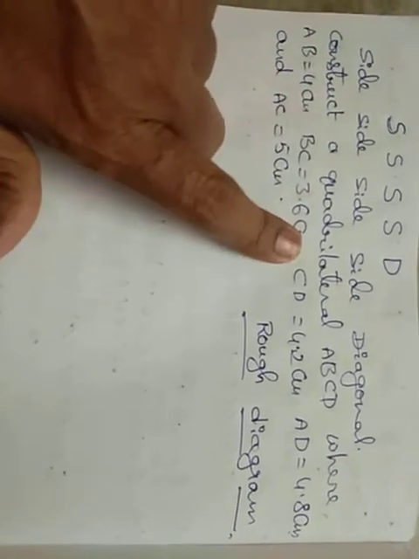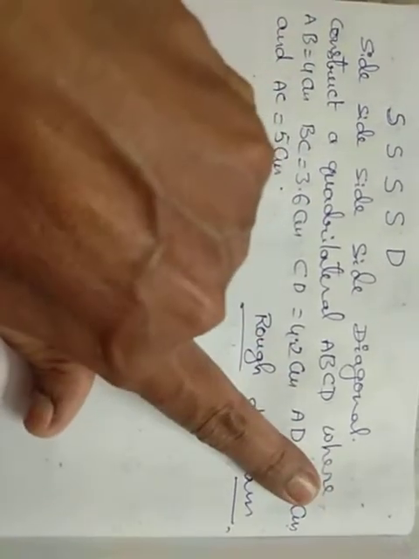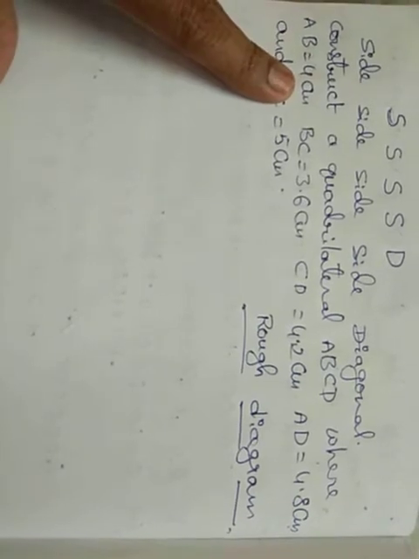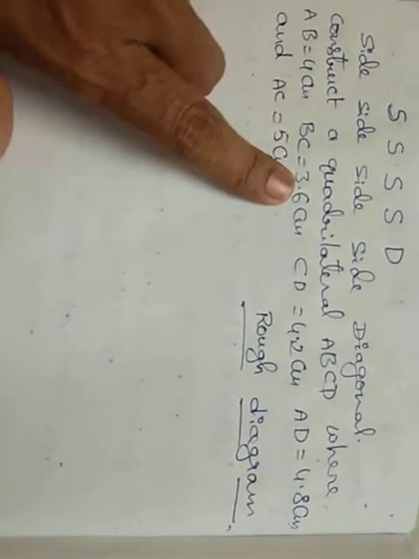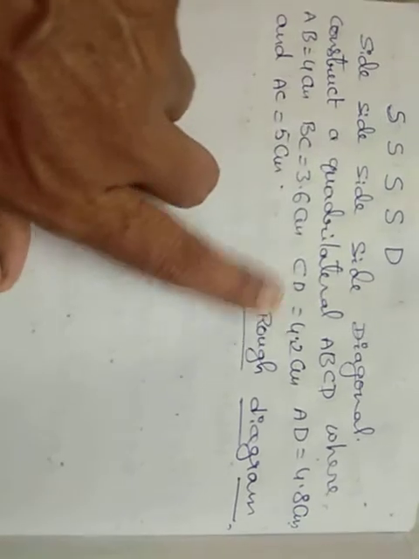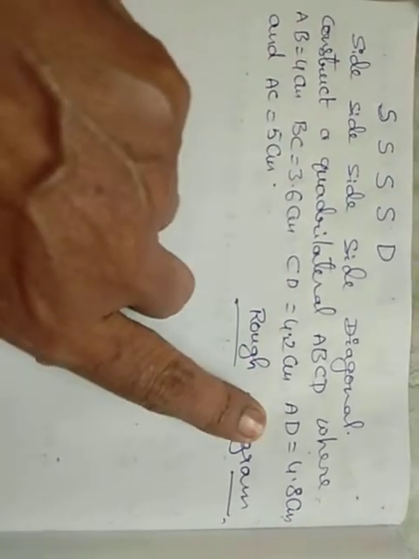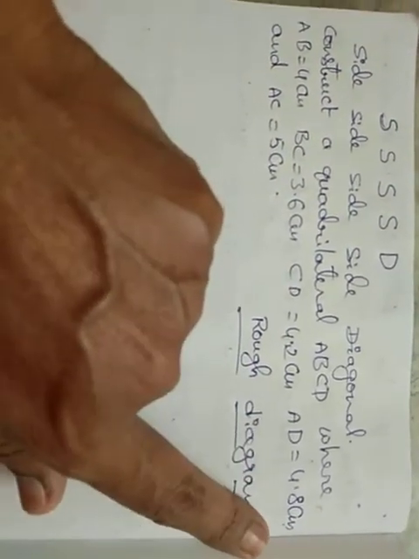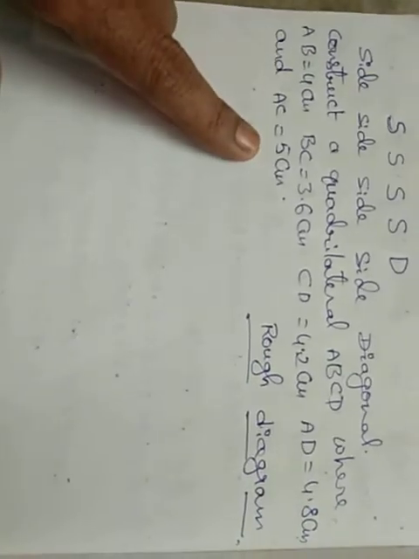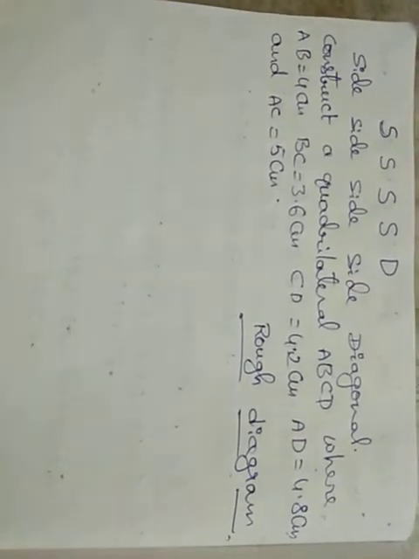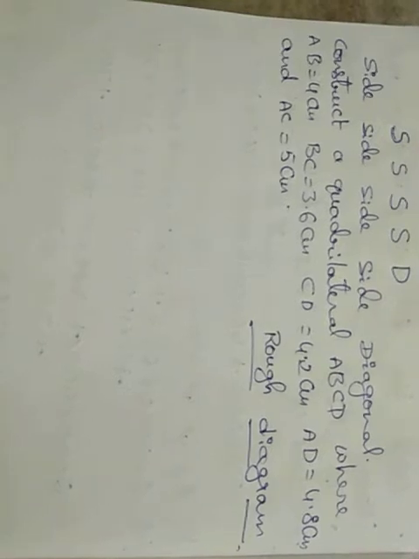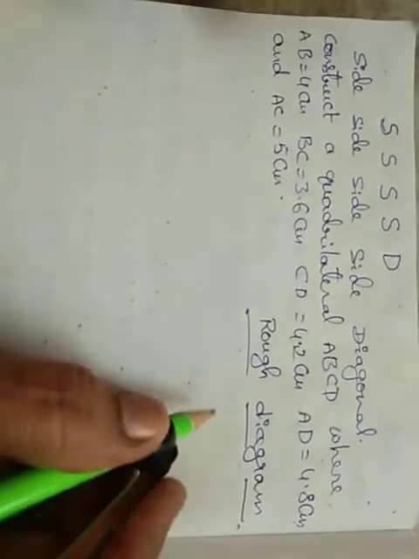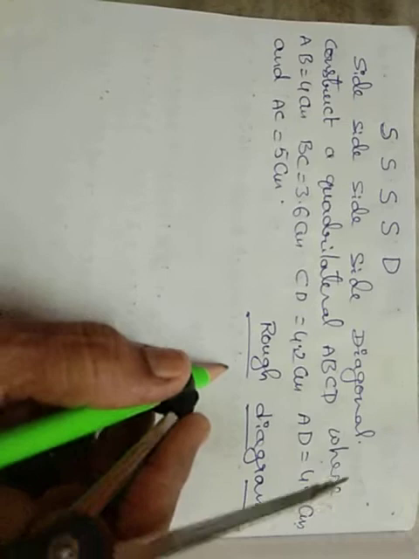Construct a quadrilateral ABCD where AB is equal to 4 centimeters, BC is equal to 3.6 centimeters, CD is equal to 4.2 centimeters, AD is equal to 4.8 centimeters and AC is equal to 5 centimeters. So first of all, our first step is to draw a rough sketch. That is, our quadrilateral is